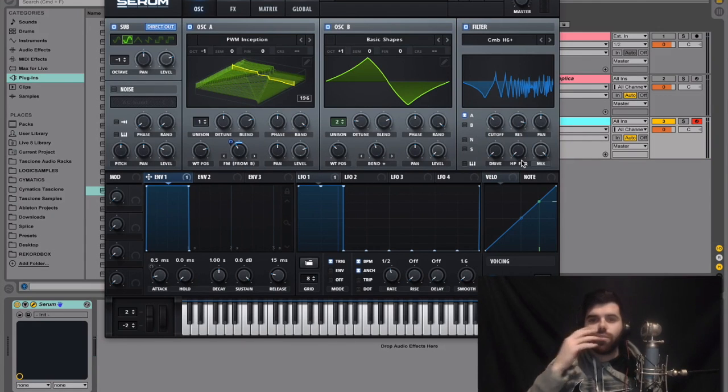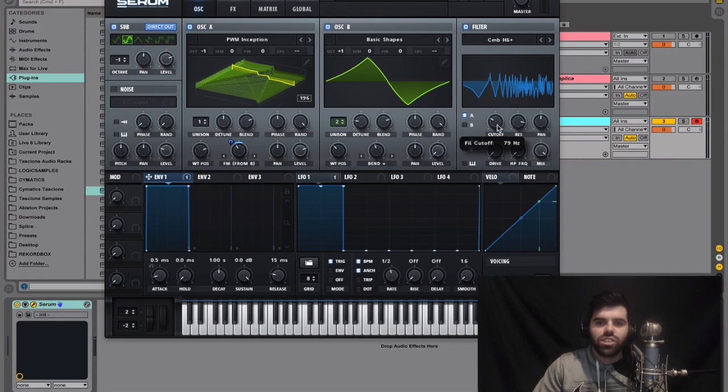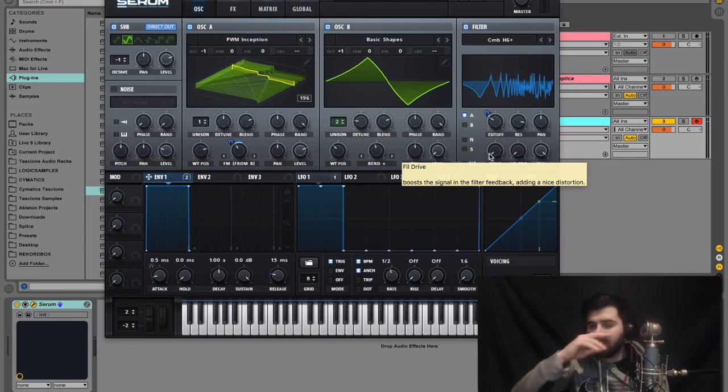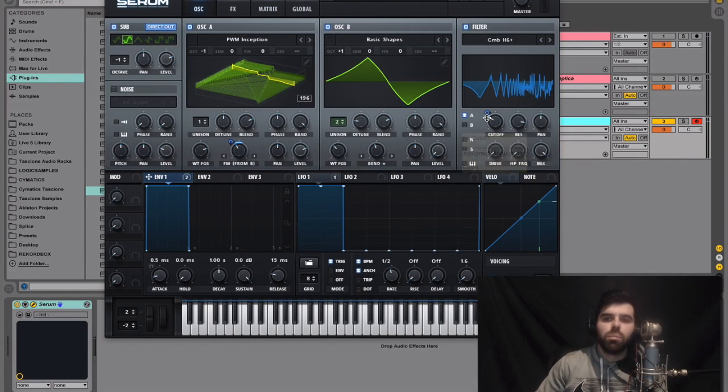I personally love this comb filter so much. I use it in so many of my sounds, and automate the cutoff. So if you just throw that thing around, you can get some crazy results. And this envelope 1 is also going to be put on the comb, just a teeny tiny bit. It's not going to do anything that drastic, but it will make a small difference in the end. So let's put that back there.